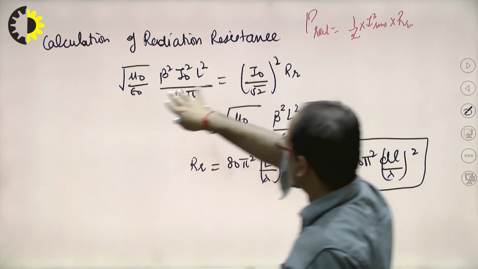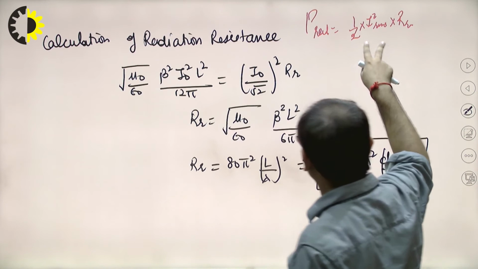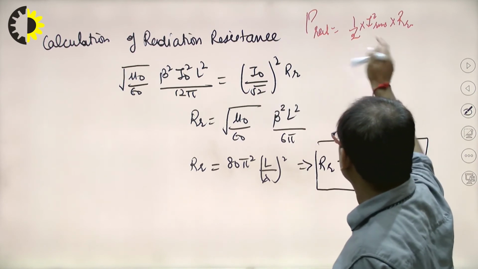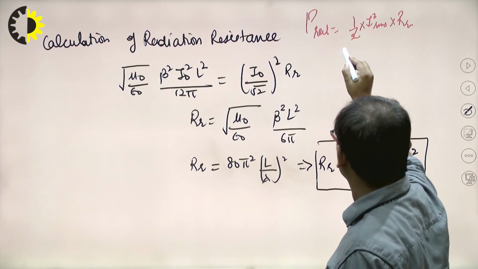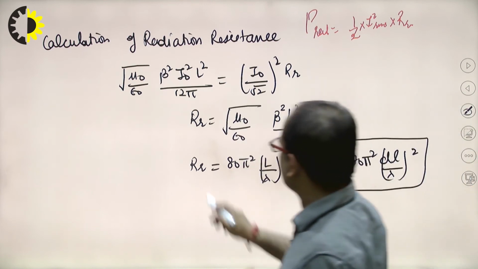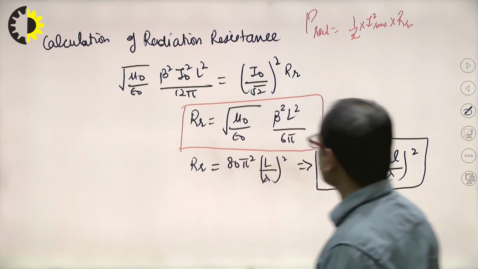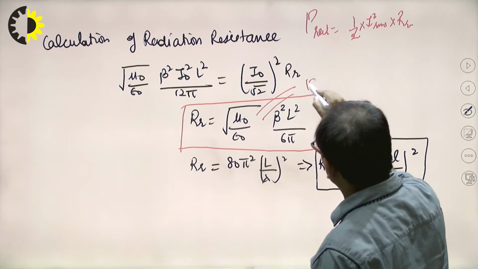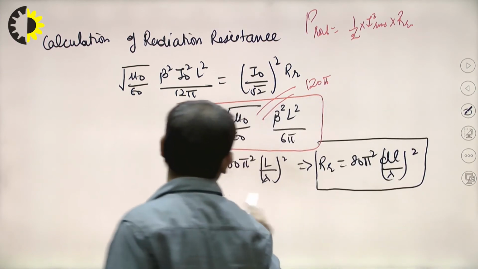Now put the value of P radiated here, equal to 1 by 2 I square RMS multiplied by R_R. You will get the radiation resistance. On putting the value of mu naught by epsilon naught equal to 120 pi and solving this equation, you will get the radiation resistance equal to,